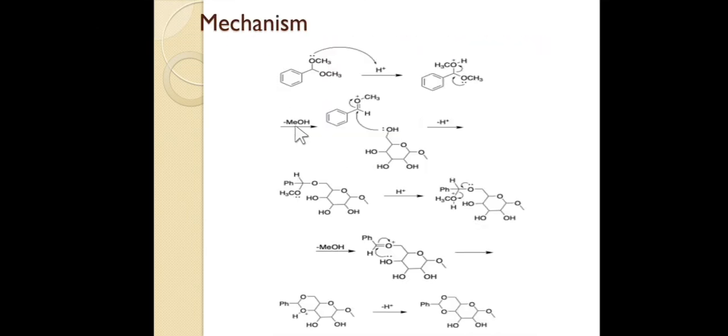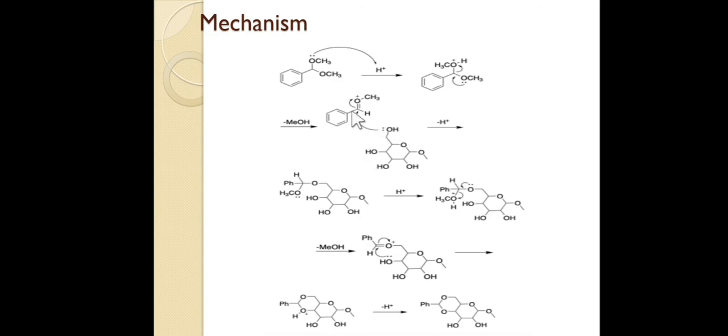Let's see the mechanism. So this is the mechanism in which we are using acetal of benzaldehyde in presence of H plus. So this is the activated part once the methanol leaves. So these are the 1,3-diol. Okay, this is the 1, 2 and 3. So these two OH groups are separated by 3 carbons, 1, 2 and 3. So this is the 1,3-diol, in which the one is primary OH and another is secondary.